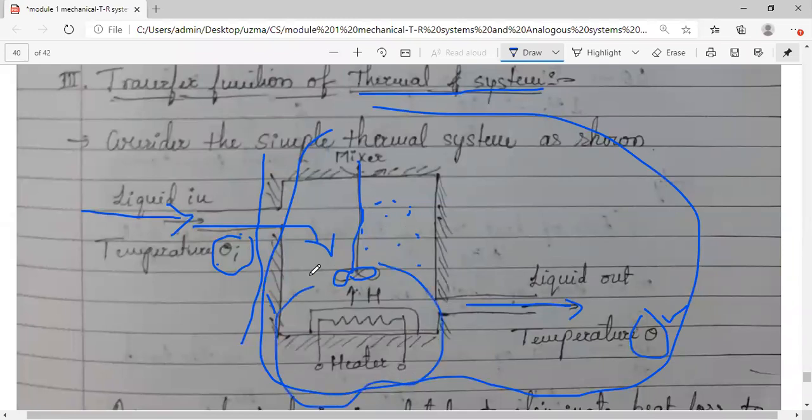Now if you see here, there is a heater provided, and initially it has a certain heat parameter, that is capital H. If you provide heating to this, what will happen? The liquid that is present inside, its temperature will increase. That same increase is even reflected here at the outlet, because the amount of heat the heater gives is equal to, first of all, the heat this liquid takes. Both should be equal. By the law of conservation of energy, as much heat as the heater provides, the liquid will take, because both are in the one system. The heater is in the same tank as the liquid.